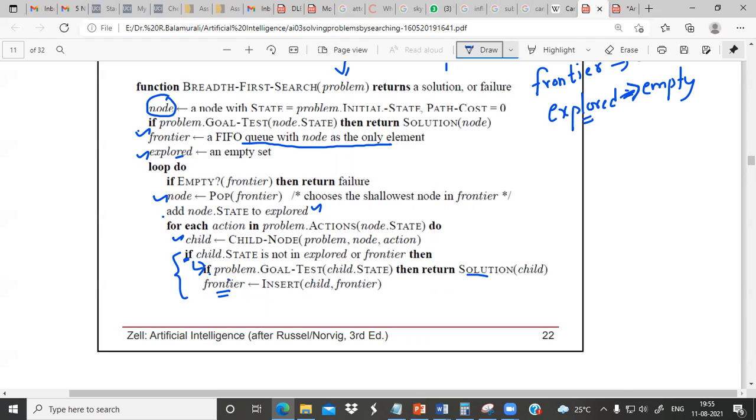See, this goal state checking is also important. I want to emphasize this. The reason is, please listen carefully: the goal state checking can be done at two places. One is,